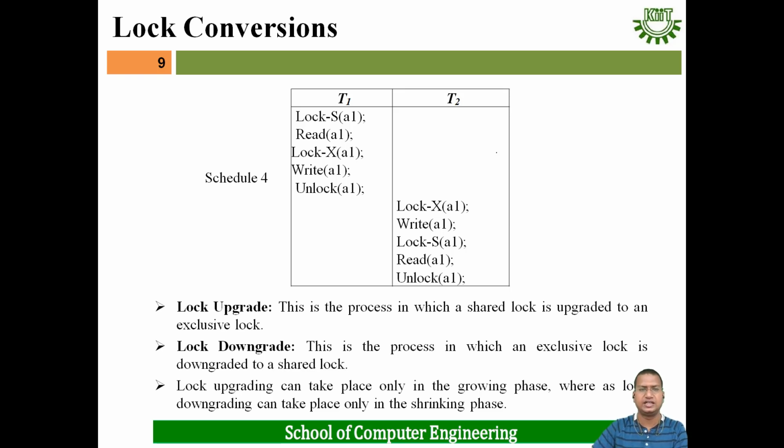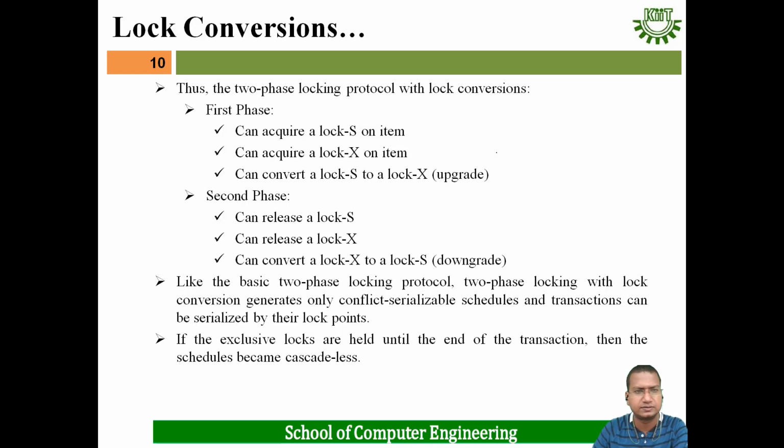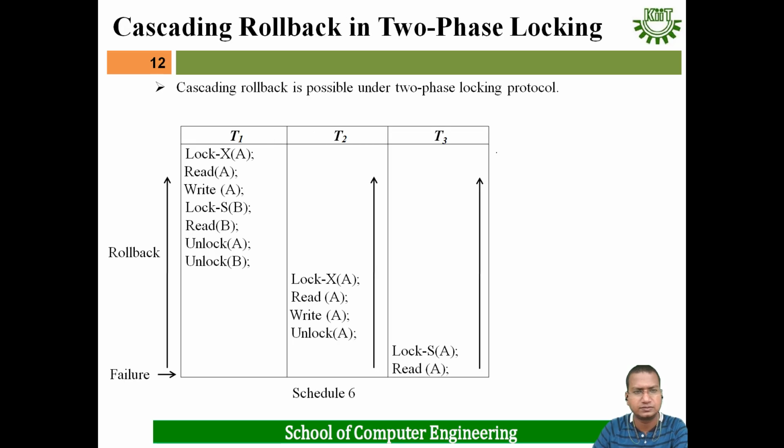In this case, just see, T1 and T2, two transactions are there. Sorry, another transaction we will see. Here it wants to read A and write A. That means it will apply lock X on A. Similarly, it wants to read B, then it will apply lock S on B. After reading and writing A, it cannot unlock here, because it is a two-phase locking protocol. In the two-phase locking protocol, first we apply all the locks whenever required, then at last we unlock.